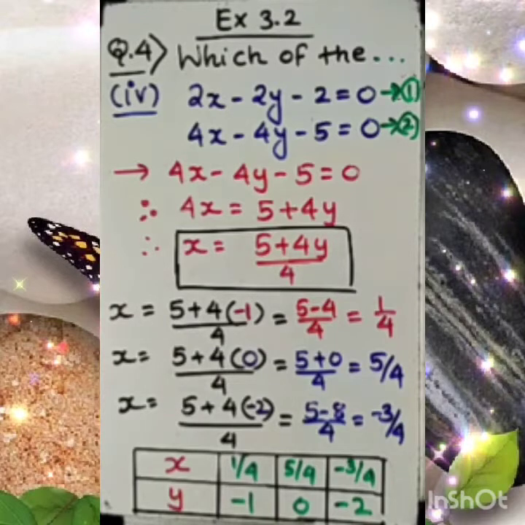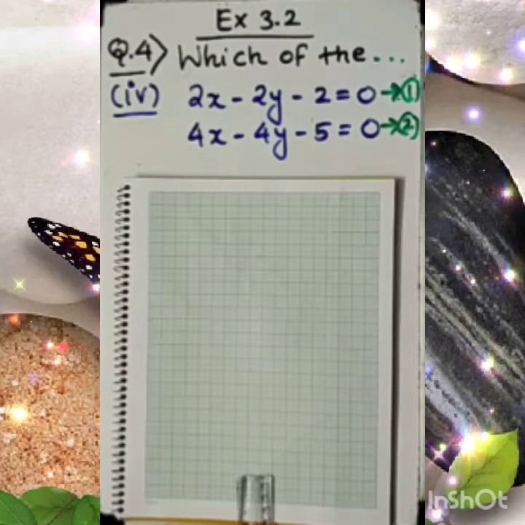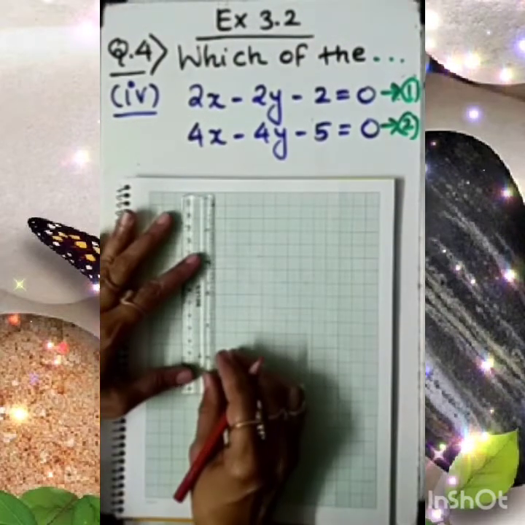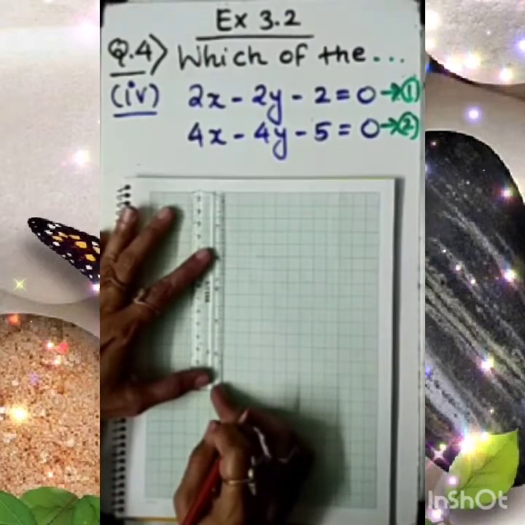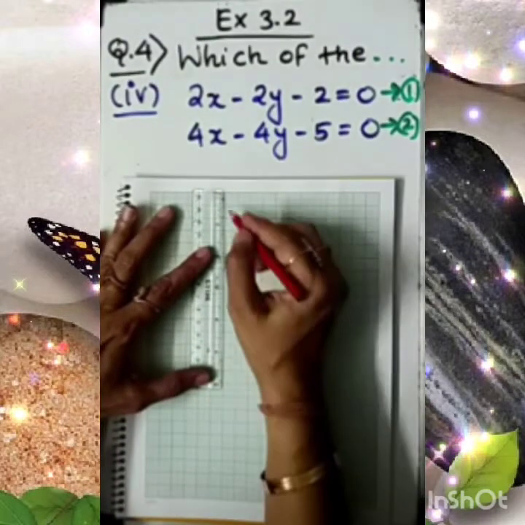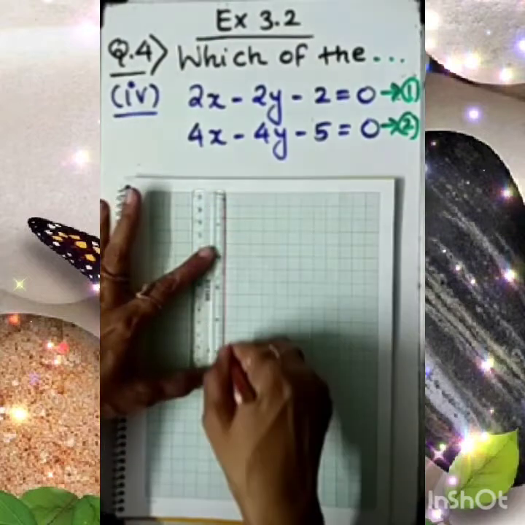So now let's work out on the graph. Now, dear student, let's work out on the graph of the same equation. As we have come to the conclusion that all the points will lie in the first, third, and fourth quadrants, how to go with that? Simply, I am covering the first quadrant, third quadrant, and fourth also. Keeping this in mind, I am going to draw the y-axis from here.